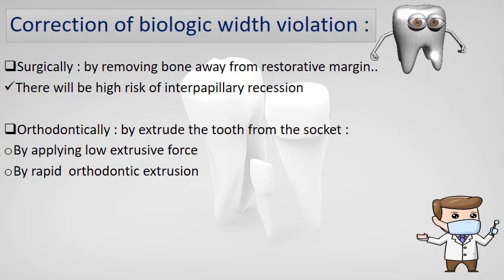Correction of biologic width violation. If a biologic width violation occurs, it is corrected either surgically or orthodontically. Surgically, by removing bone away from the restorative margin, either by using surgical crown lengthening, which is designed to increase the clinical crown length, or by using gingivectomy, but